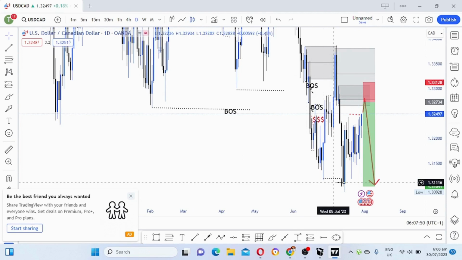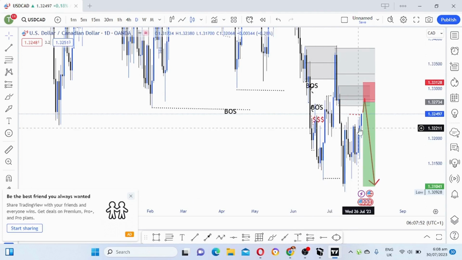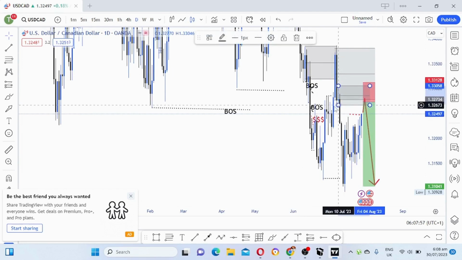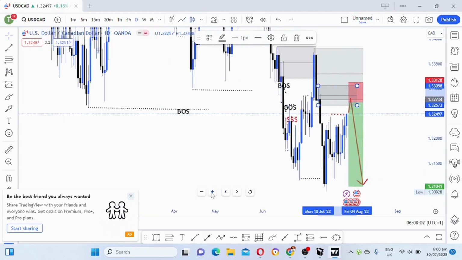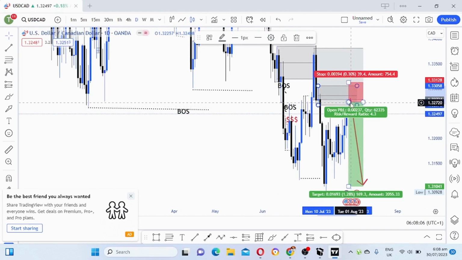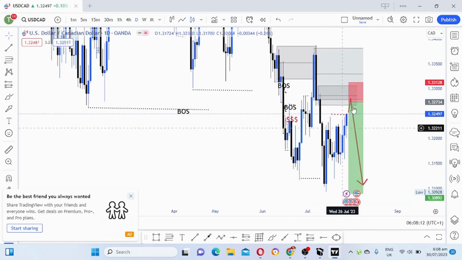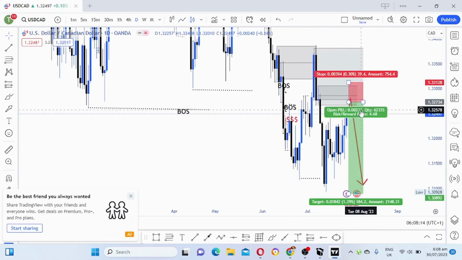We broke this low. Now we pulled back again. We are waiting for price to pull back to this zone now. This is a demand zone, I mean, this is a supply zone that I drew up here. I'm just waiting for price to come to this supply zone, and then I sell, targeting this low here. A 1 to 4 or 1 to 5 risk reward ratio is what I'm looking for.